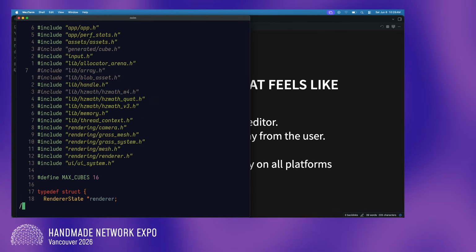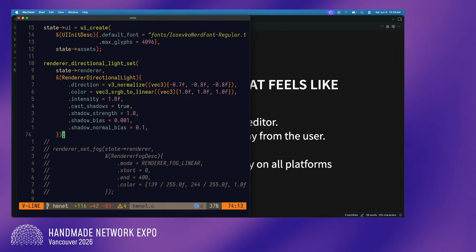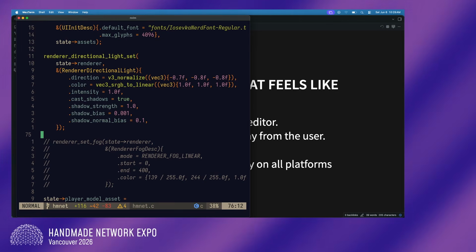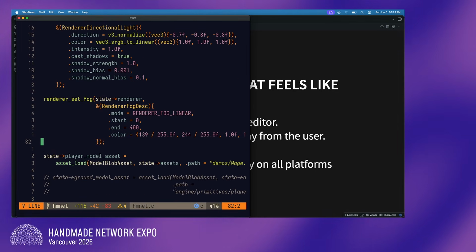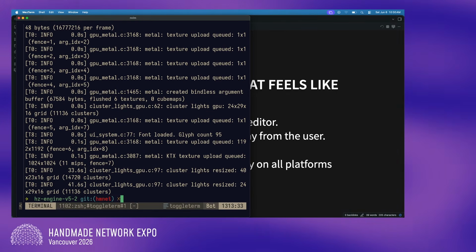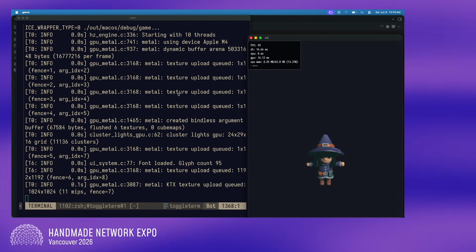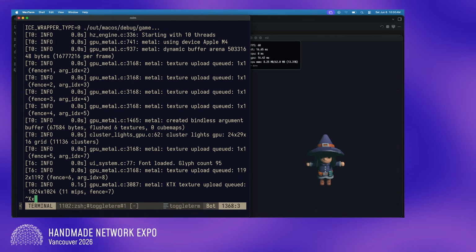If we keep going, we can start playing to make this look nicer. So we can just add the directional lights. Again, all code. For now, we don't have an editor. We don't have a scene or anything. I'll set the light. I'll set the fog. This will probably just work. That doesn't look that good. Let's.